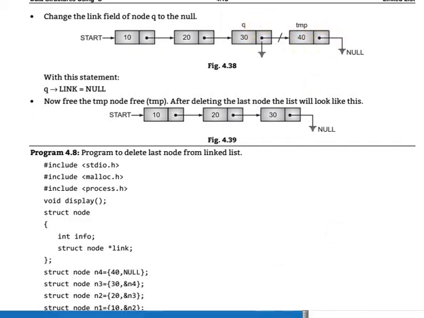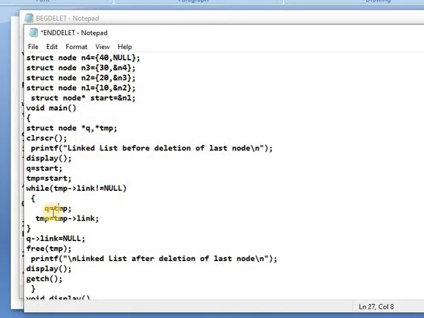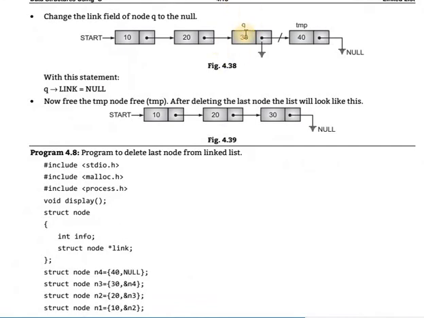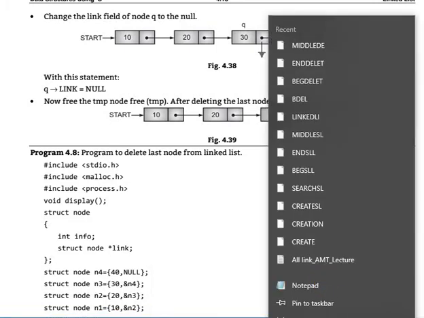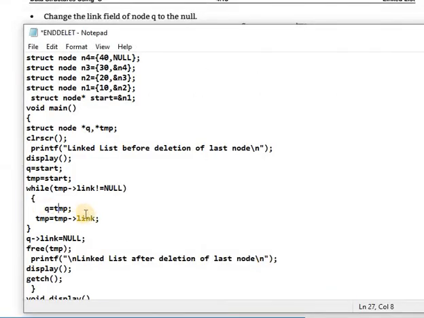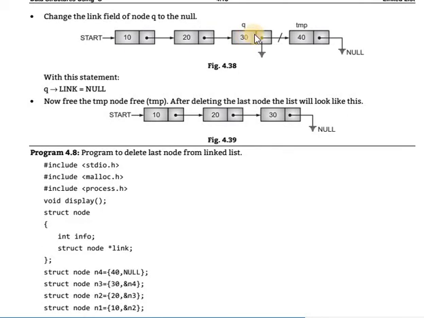At that time, temp is considered as q. The temp link field stores the address of the next element, so automatically the next element is considered as temp. Only the temp pointer moves, not q. Why is this done?